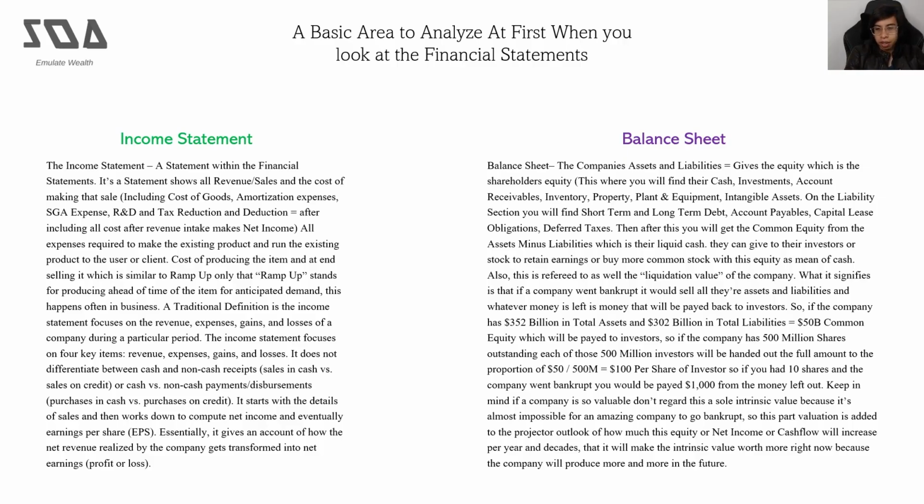So if the company has $352 billion in total assets and $302 billion in total liabilities, net outstanding out of that is $50 billion of common equity, which will be paid to investors. So if the company has 500 million shares outstanding, each of those 500 million shares outstanding publicly will have